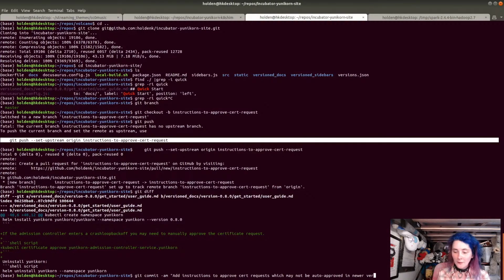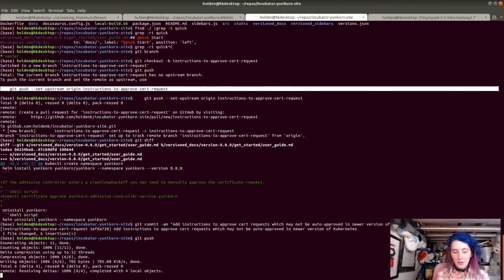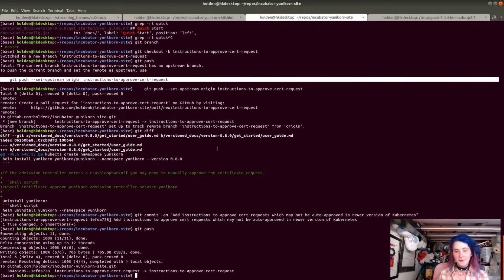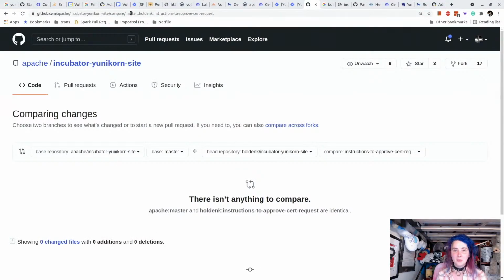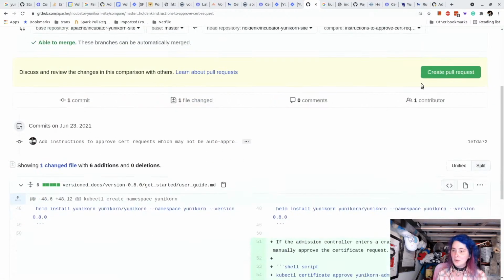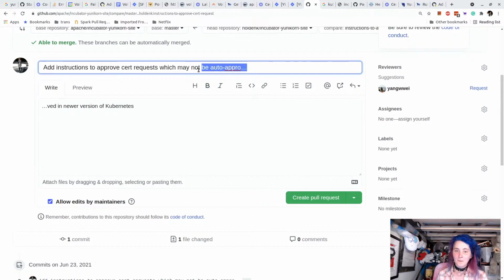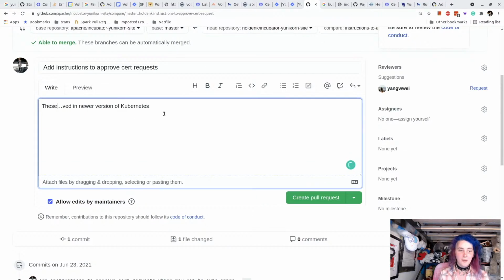In newer versions of Kubernetes. Yay, okay. Now we go ahead, we do git push. This makes sense, why it was not doing its magic before. Yeah, looks good. Okay. These requests may not be auto-approved in